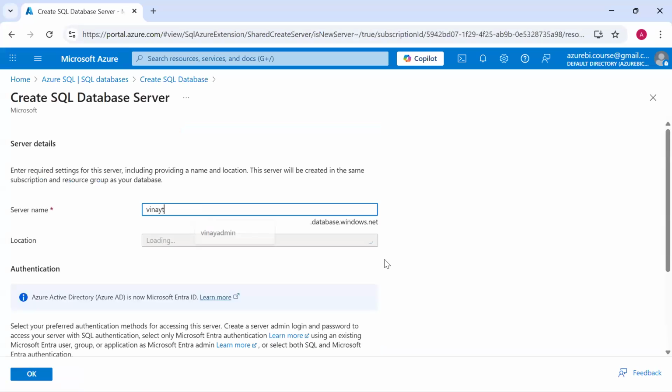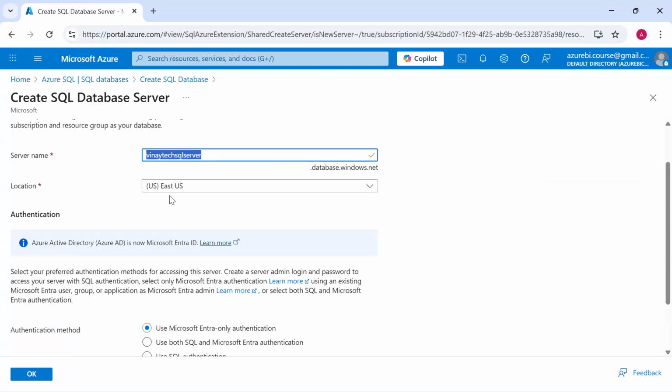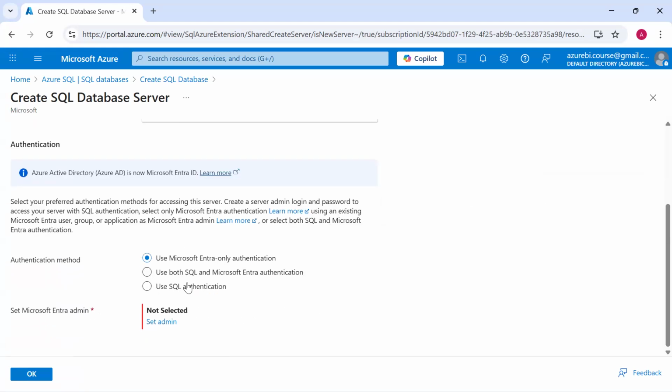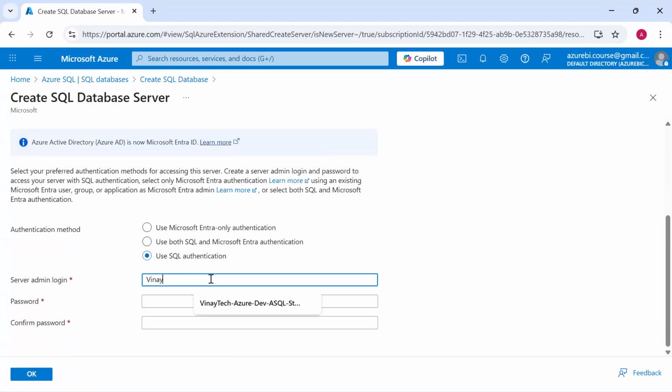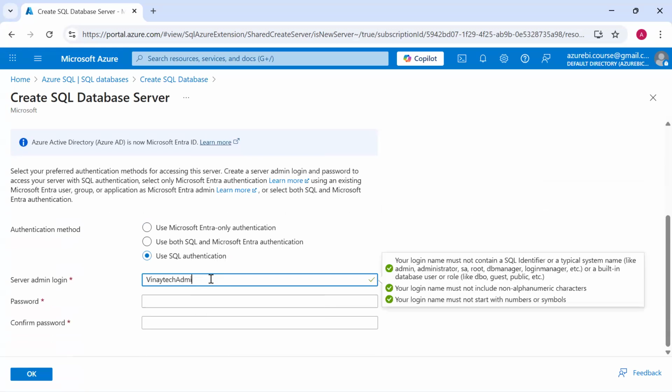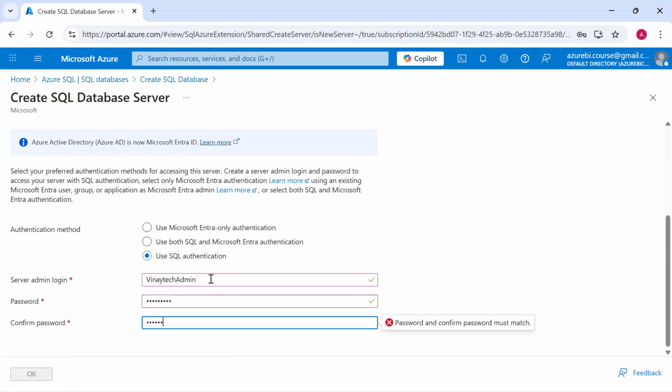I'll create one server called Vinay Tech SQL server. This is my server, and where I'm installing, again, in the location of east to west. So the admin name is Vinay Tech admin. Password to connect to the server. That's it.